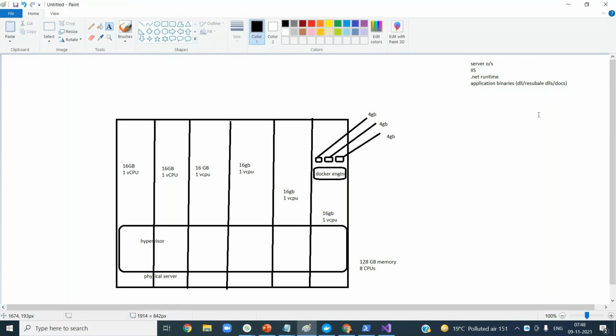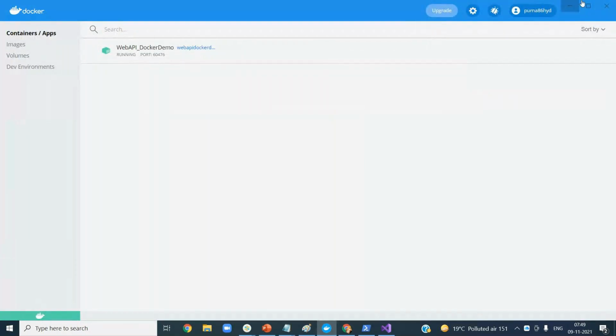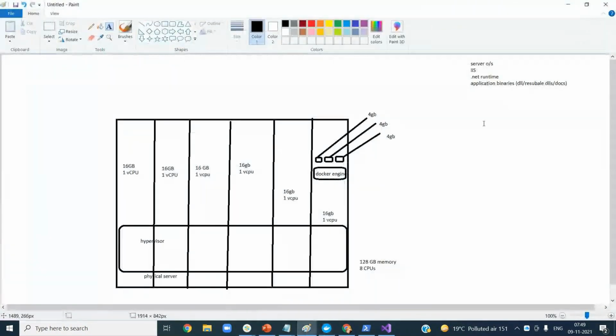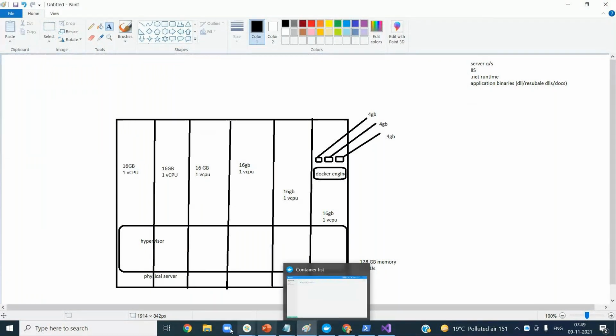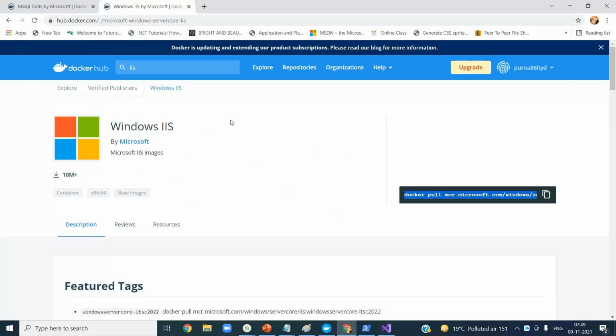So many of the companies, what will they do? Let us say companies like us. I'm working for some MNC, right? What we do, we don't directly pull from the Docker Hub. Let us say I need IIS. Okay, let us say I need a .NET runtime, right? The .NET runtime is available in the Docker Hub basically, because every company will push their images here. But the companies, MNCs, will not directly pull from here. The reason, we will have